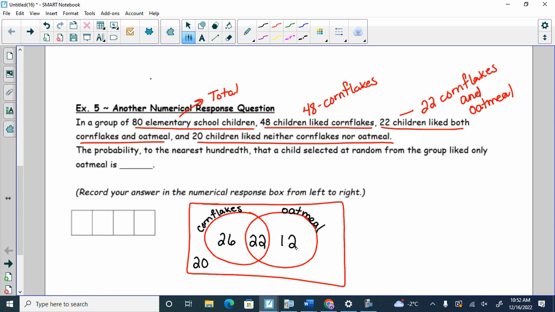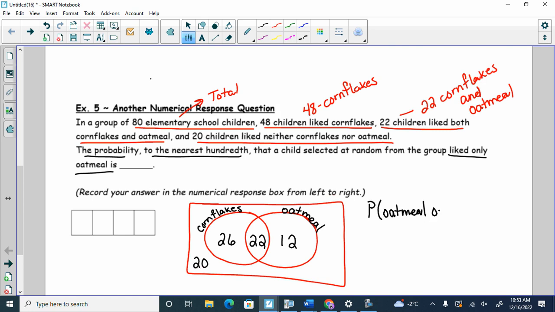Have I done anything new to this point? Nope, this is set theory. This is why we practiced set theory yesterday, to remember what we did, right? Done nothing new to this point. Then I read the last statement. The probability to the nearest hundredth that a child selected at random from this group liked only oatmeal. How many liked only oatmeal? 12. So we go probability of oatmeal